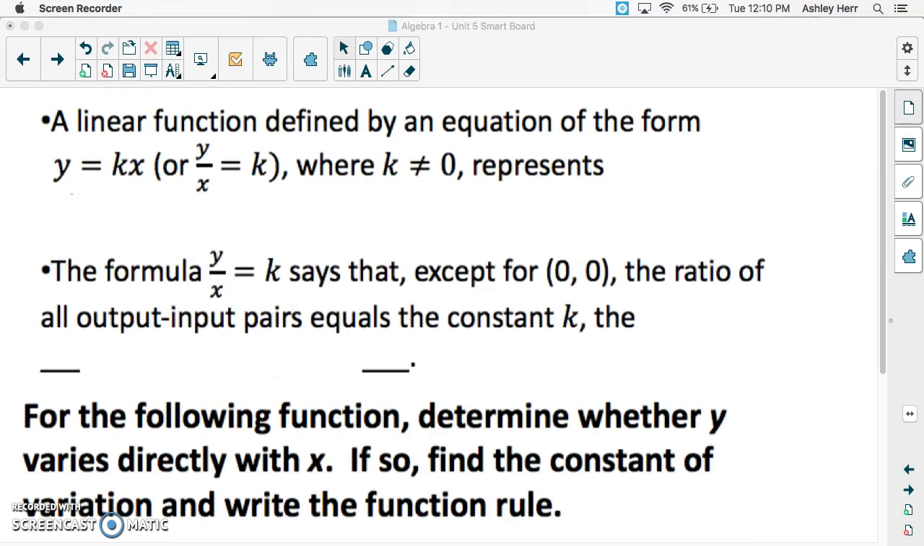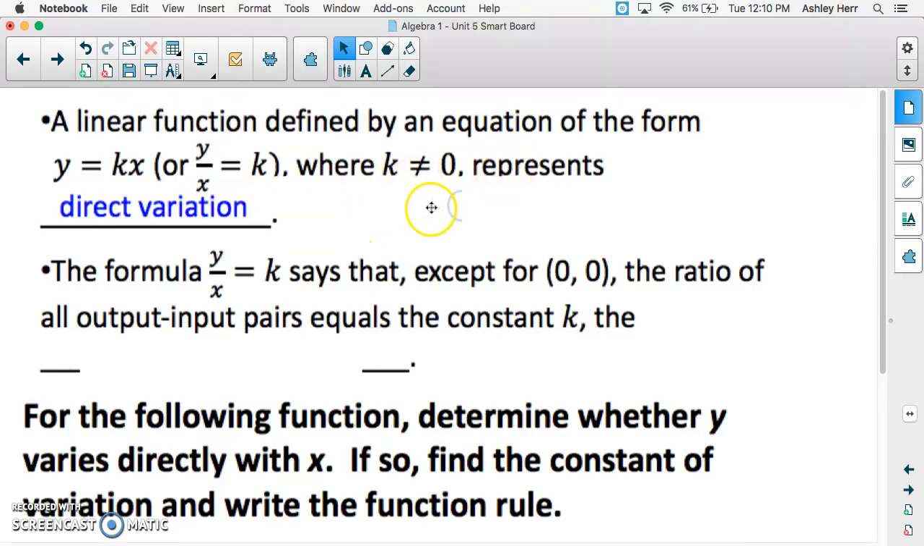A linear function defined by an equation of the form y equals k times x, or if you rewrite it and solve for k, you get y over x equals k, where k is not equal to 0, represents a direct variation. So anything that's written in the form y equals k times x, where k is not equal to 0, represents a direct variation. The formula, when we write it and solve for k, y over x equals k, says